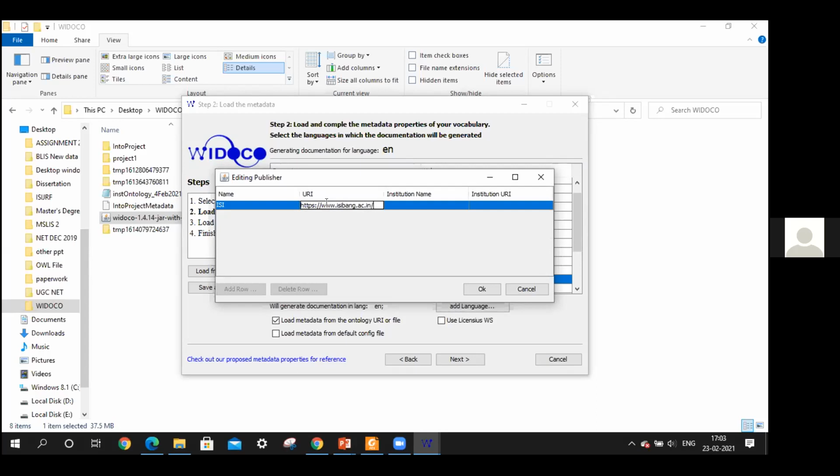So I have provided https://www.isibank.ac.in. You can also do like that. And you can make the institution name Indian Statistical Institute. And this URI, I will make the same.